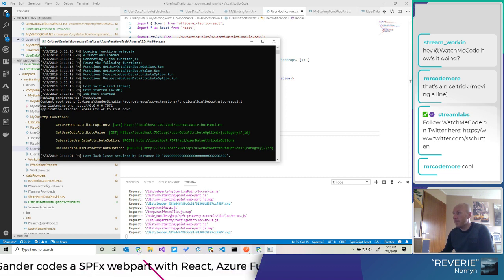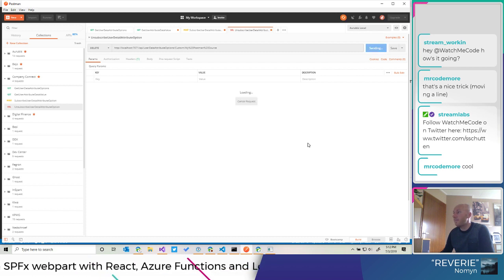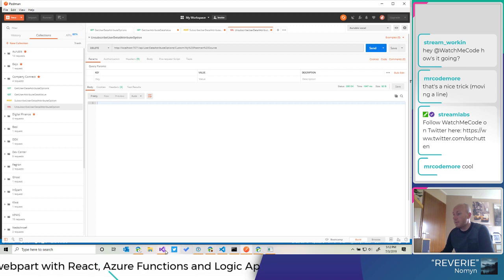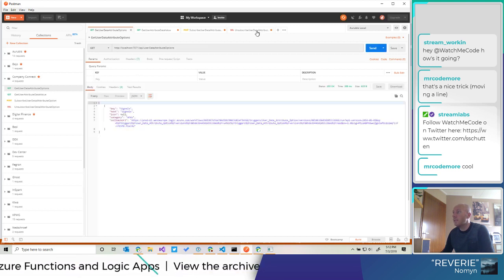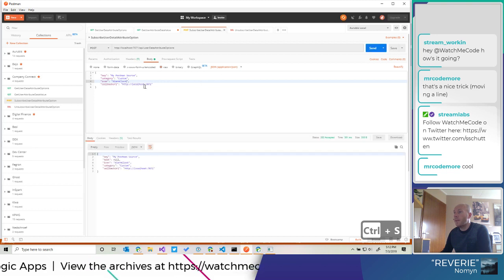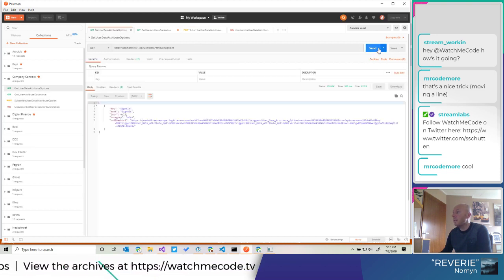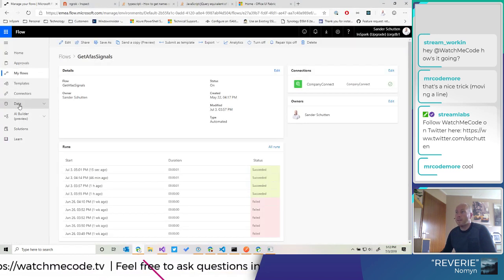My function is running again, so I can try now doing the unsubscribe. This time it worked, so if I look in, well, you can get the user data options. I should have one now. It's cool, and I can now subscribe the new one using my icon, and I should now get my icon back. Perfect. This is kind of nice. So my API now allows me to also provide an icon.